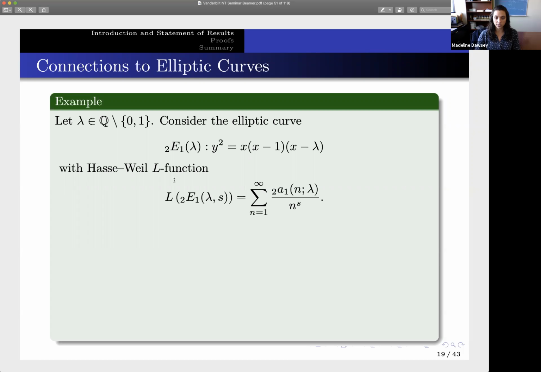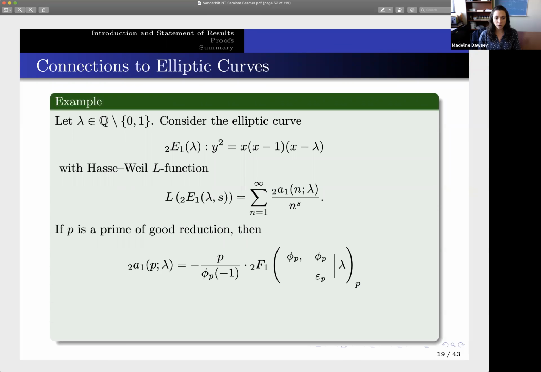I'm not going to get into what this is, but it has some L-function attached to it that has these coefficients that I'm calling 2a_1(n, lambda). Well, if p is a prime of good reduction, which means here that it doesn't divide the conductor of the elliptic curve, then we can write these coefficients of this L-function at the prime p